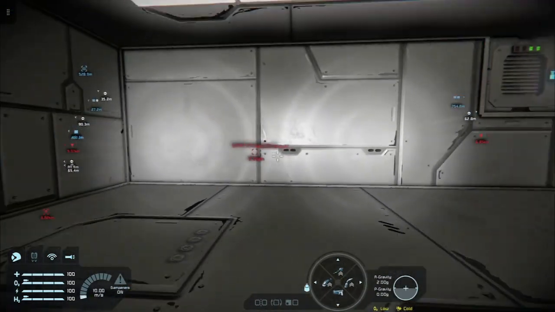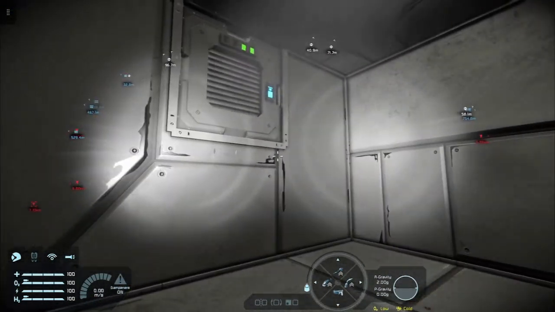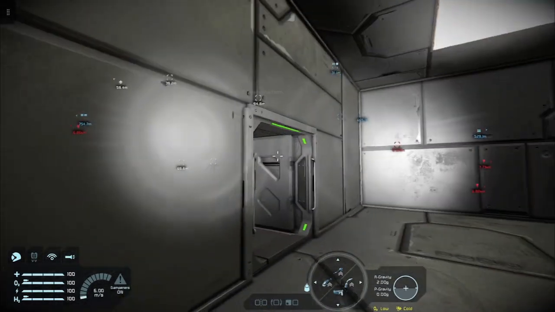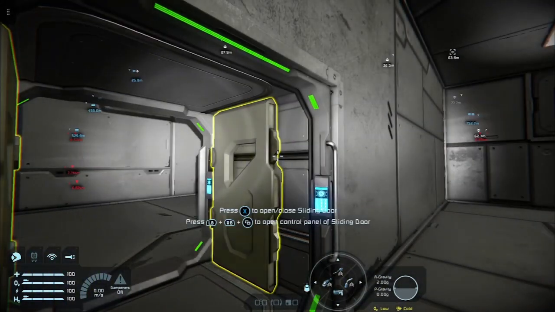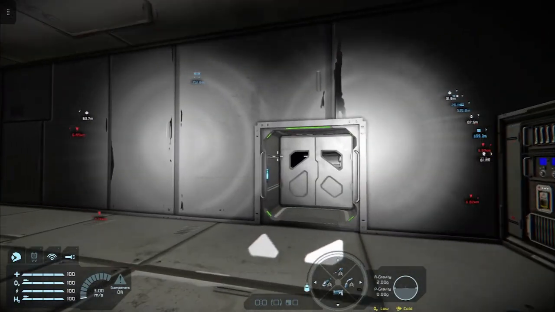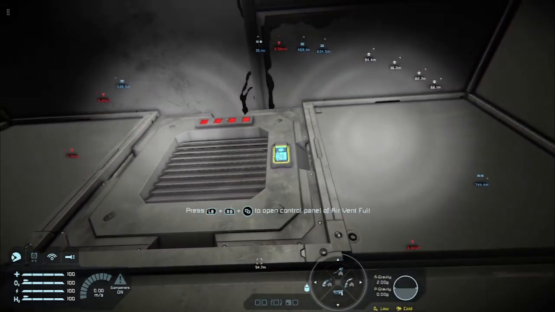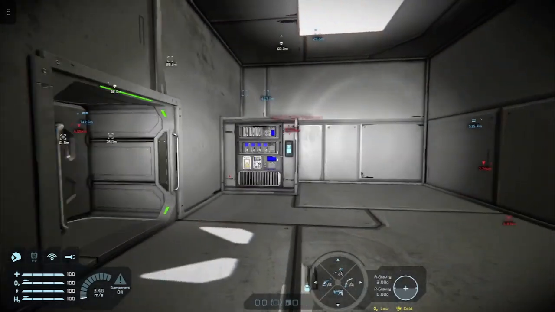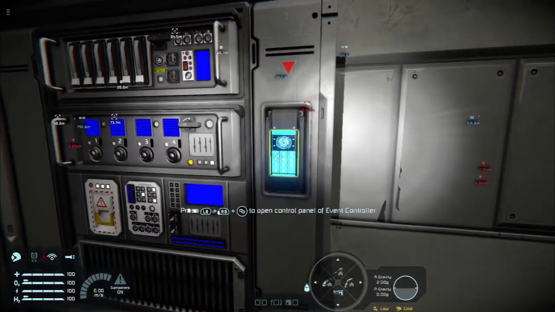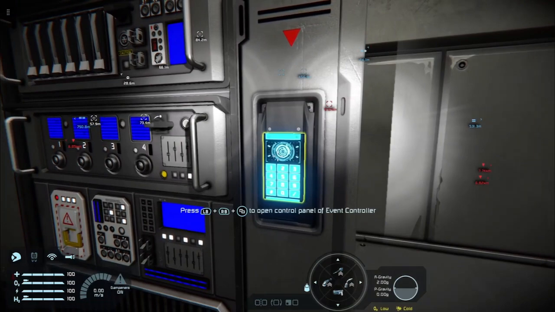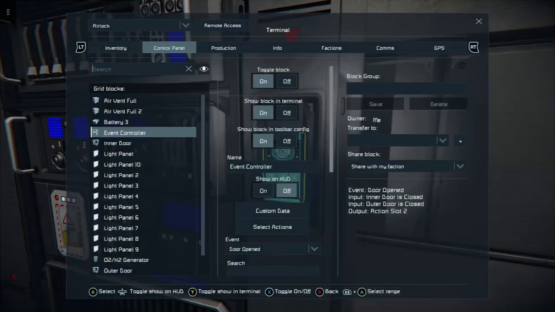So now we're able to move from this here, close this, that opens. So what's going on here? This air vent is turning itself off for some reason. So let's have a quick look at the event controller, just in case. I may have put the vent depressurize command in wrong. It's quite hot here at the moment, so the computer room that I do this in now is quite boiling. But I like things to occasionally go wrong, so I can show you how you can troubleshoot it as well.